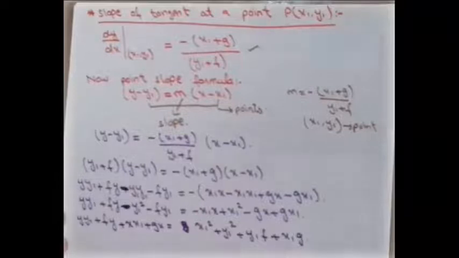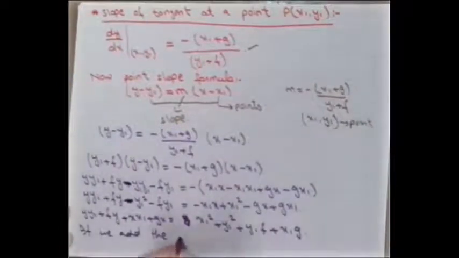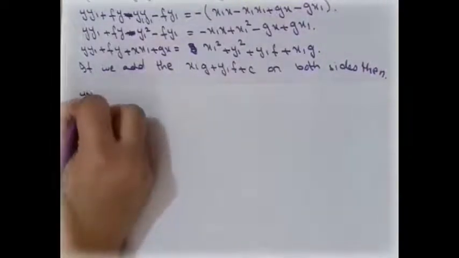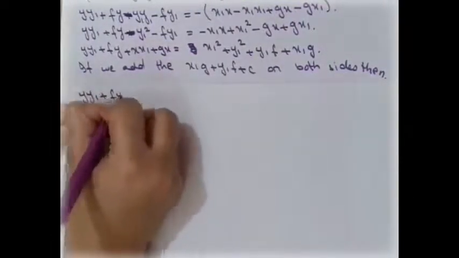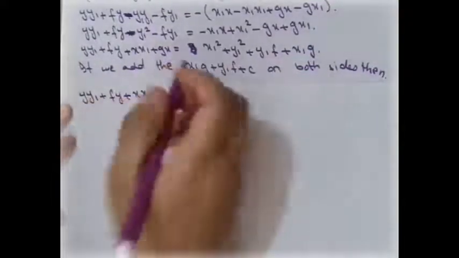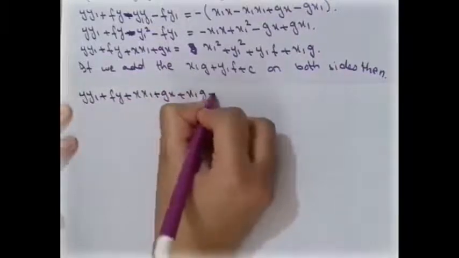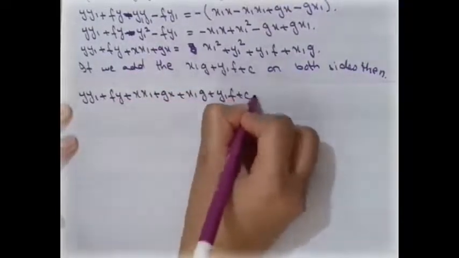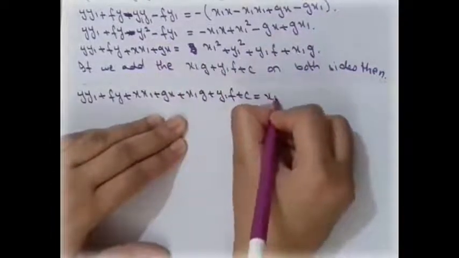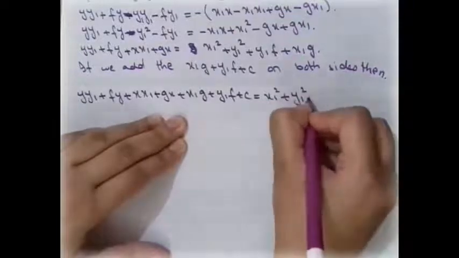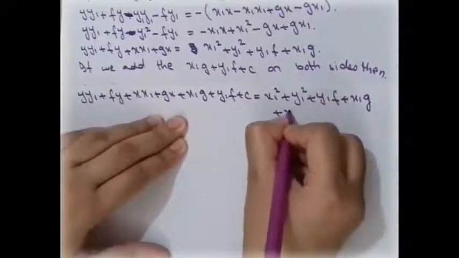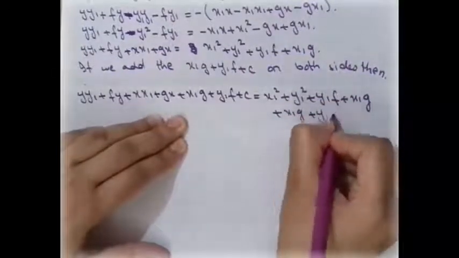So if we add this on both sides, then we can write it as y y1 plus fy plus x x1 plus gx, and write this term as x1g plus y1f plus c, which is equal to, adding these terms on this side also, x1 square plus y1 square plus y1f plus x1g plus x1g plus y1f plus